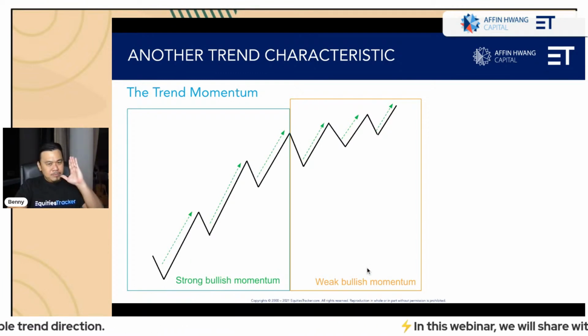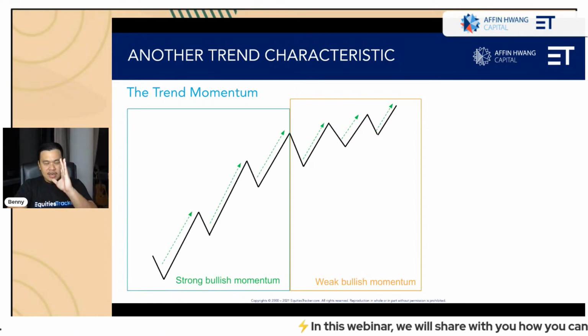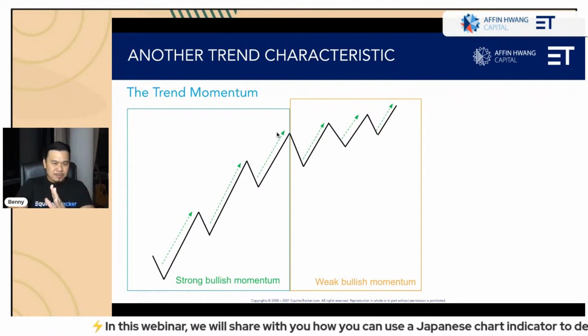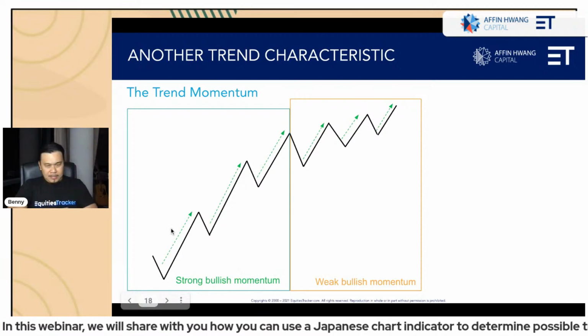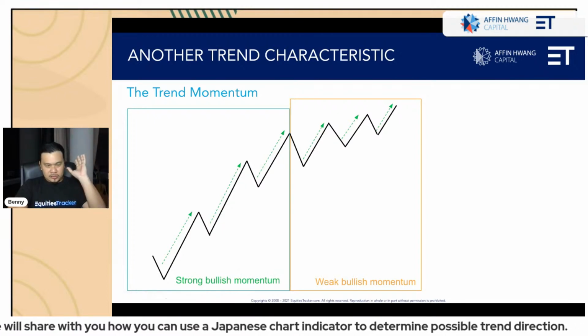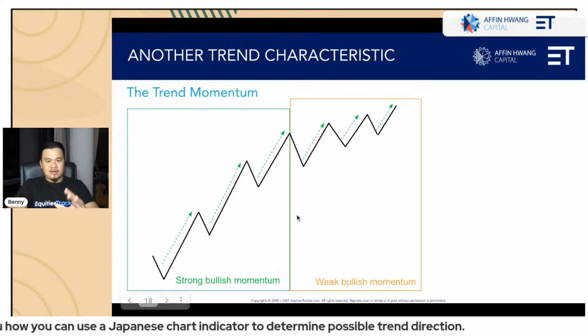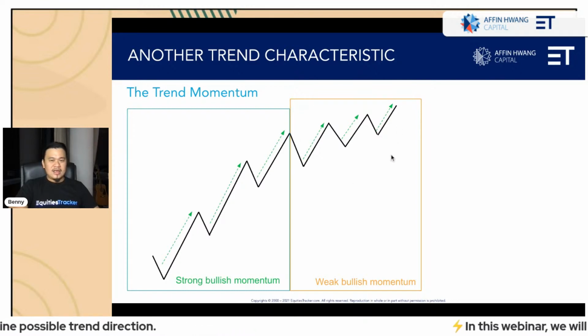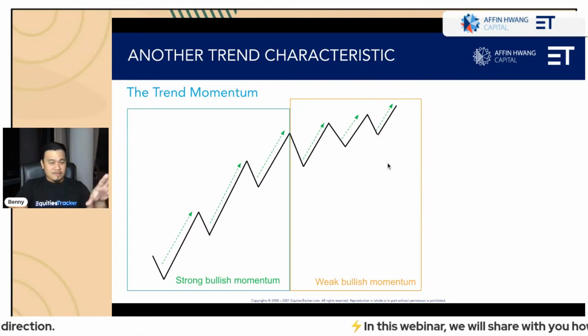Okay, so the whole period here, the trend is still a bullish trend. It is still an uptrend. The only difference is the earlier period, right? The first area, the first box that you see there, the trend momentum is strong. The second area, the trend momentum is weak. All right, because if I'm able to see that the trend momentum is weak, then if the momentum is weak,